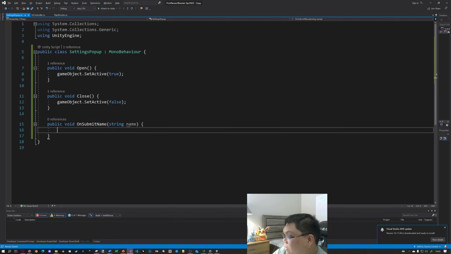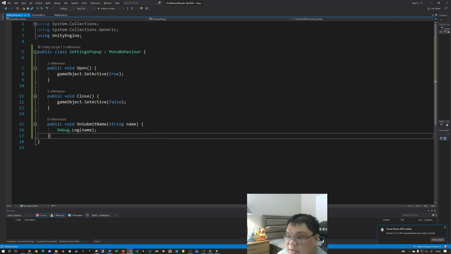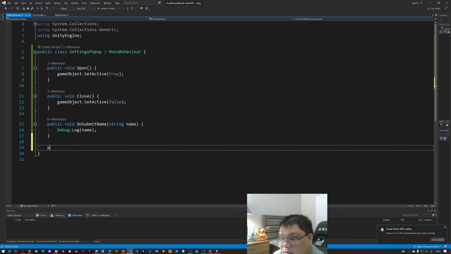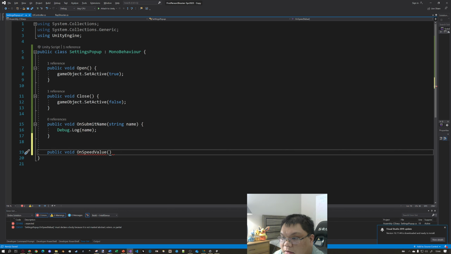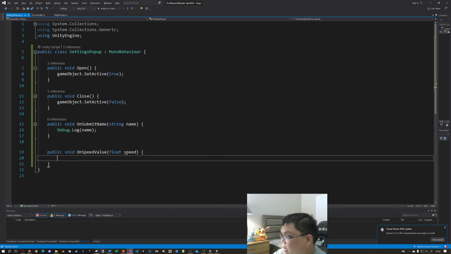On submit name, which accepts a name as an argument, is simply going to say debug.log name. There we go. And then on speed value, which takes a float speed, we're simply going to say